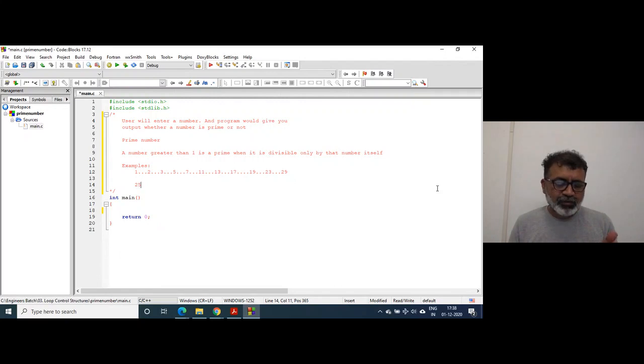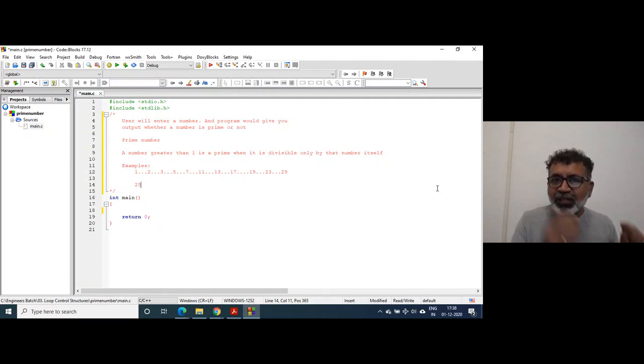Now, we will start dividing that, and we will finish at 24. So we will divide 25 by 2. It is not divisible by 2. Divided by 3? No, 25 is not divisible by 3. How are we going to check whether it is divisible by 2 or not? We have to take the mod. 25 mod 2, remainder is 1. So it is not divisible.